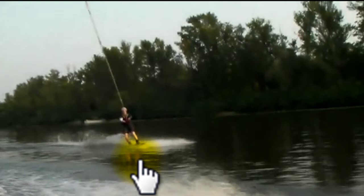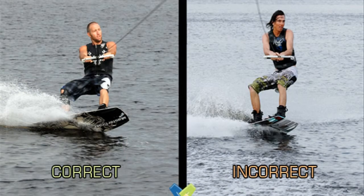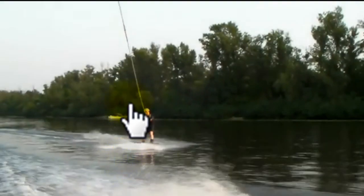So I guess the big things for you to work on right now is when you're edging out heel side, don't edge with your butt, point your belly up towards the sky so that you're in a better heel side edging position, and then that engraved position will give you a better edge position for your jumps on the other side. And then on the other side of the wake,